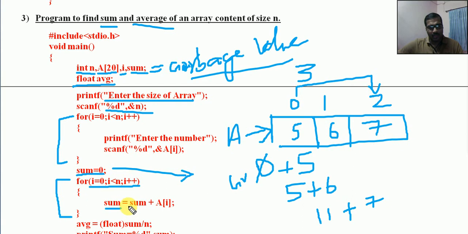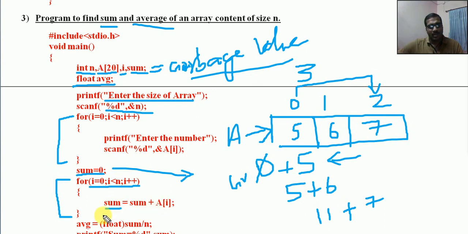Now sum is equal to sum plus a of 0, that means 0 plus 5. So in the first iteration, i equal to 0, this will happen. 0 will be added with 5 and that 5 is stored into this sum variable.